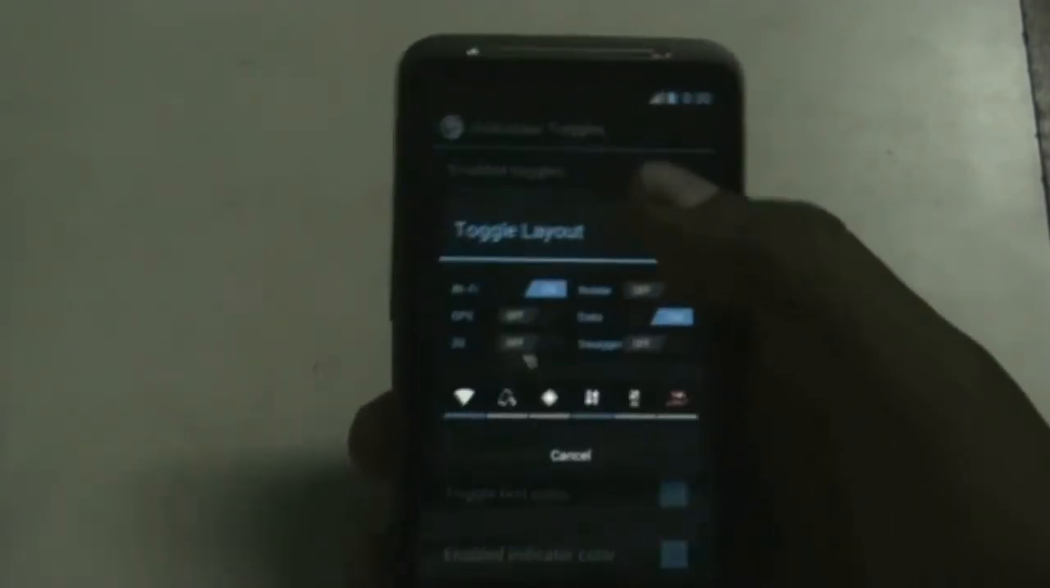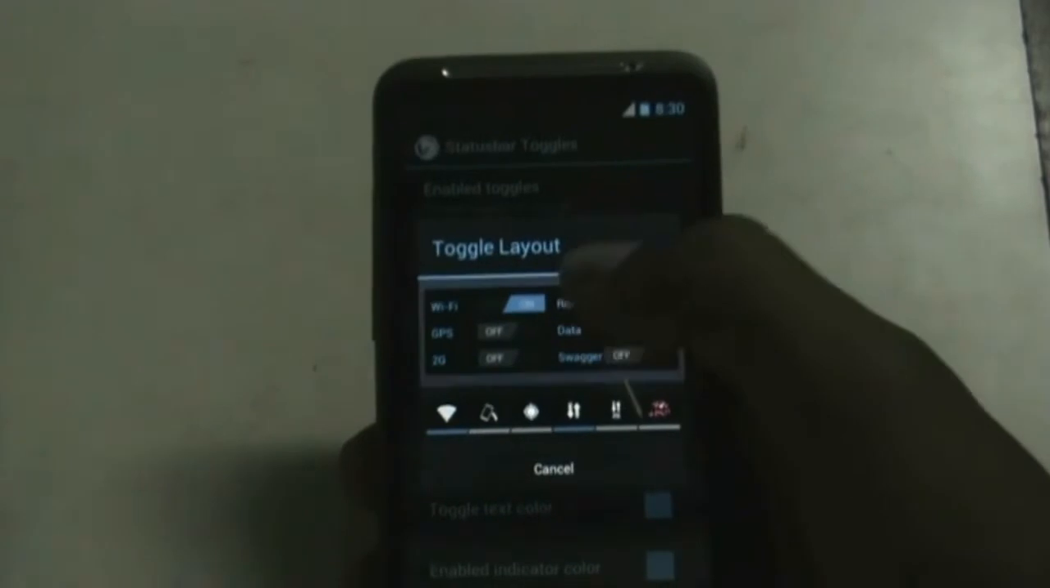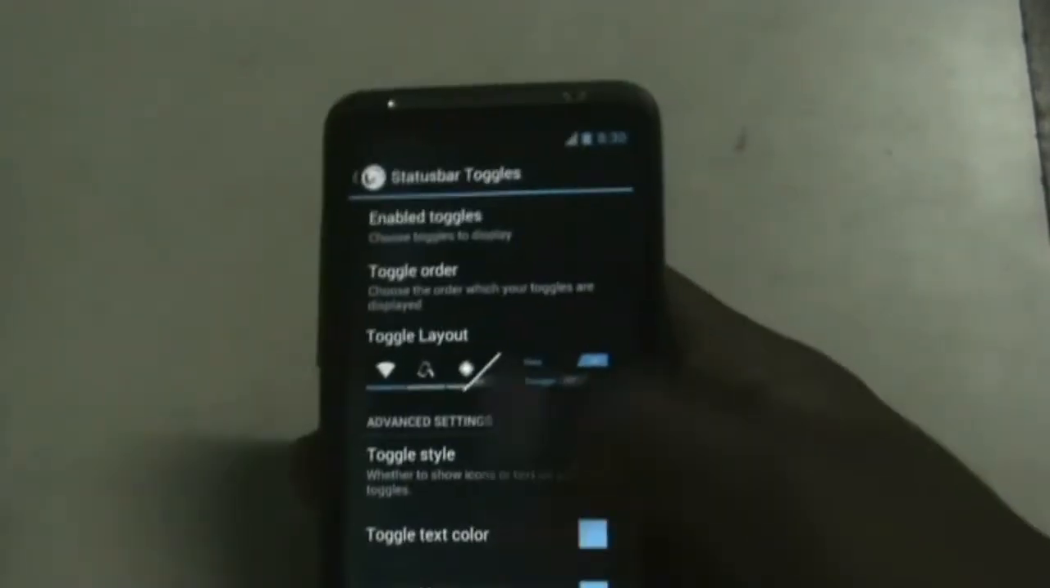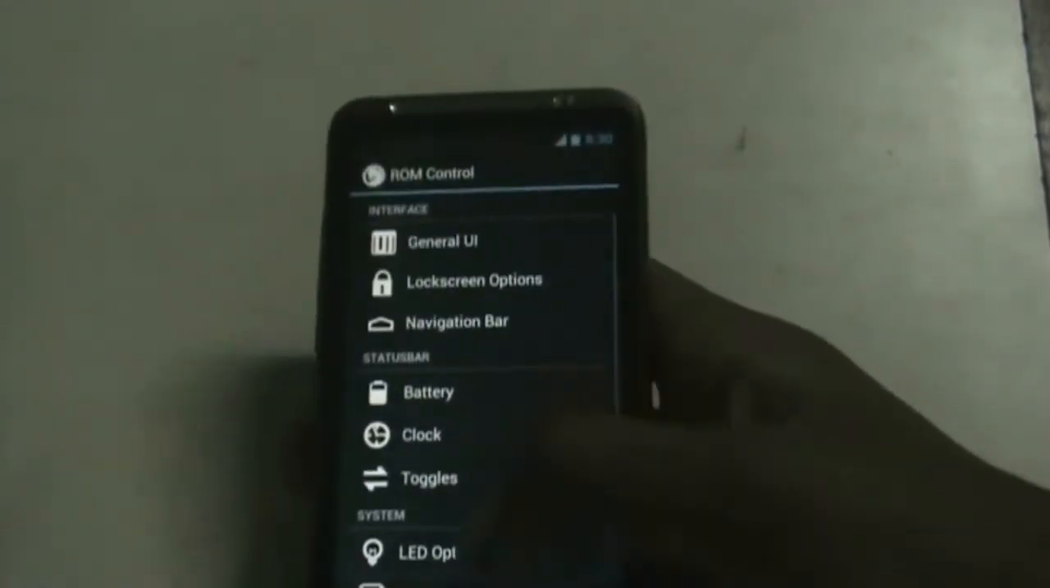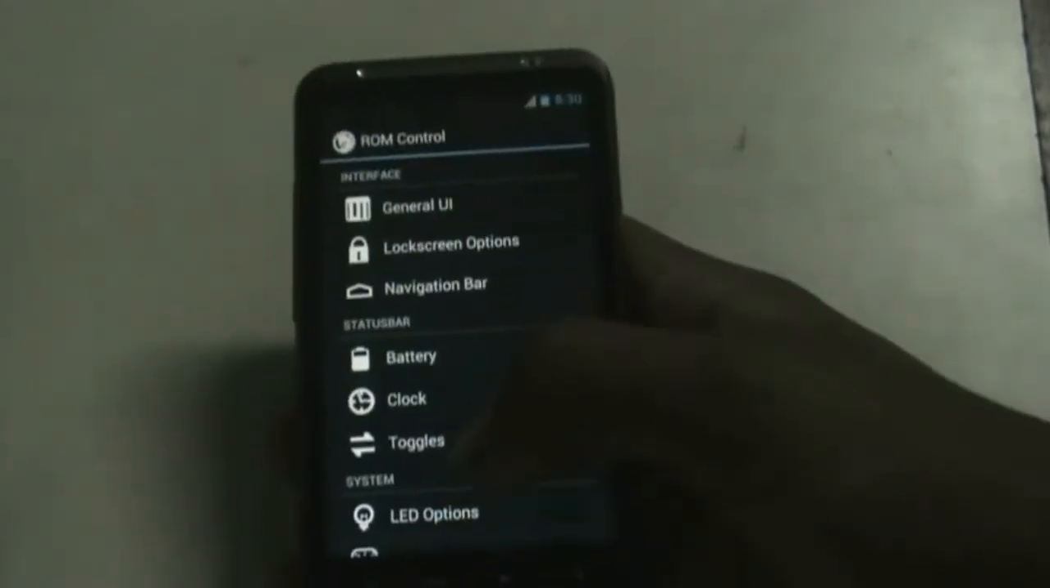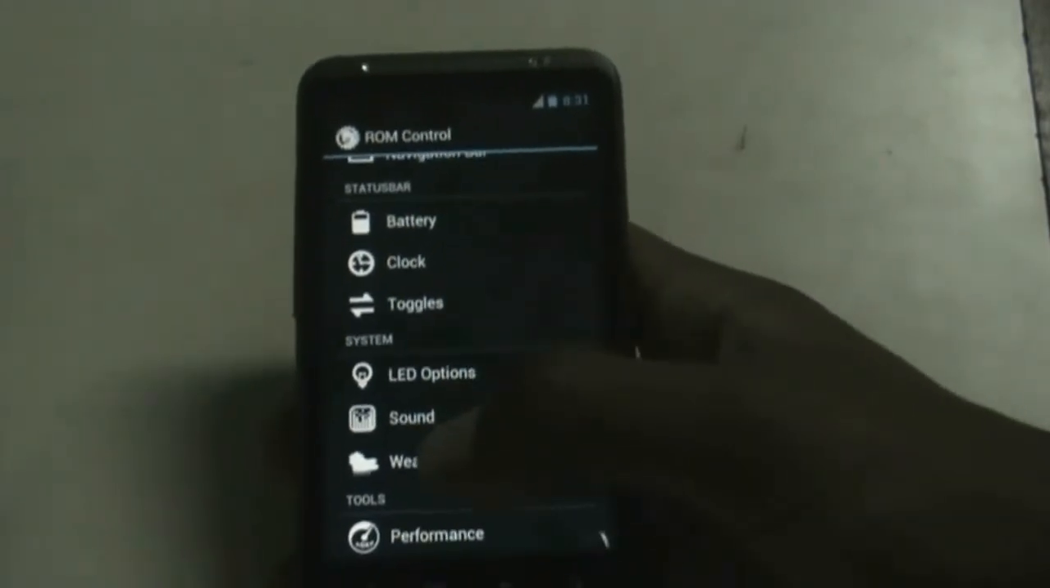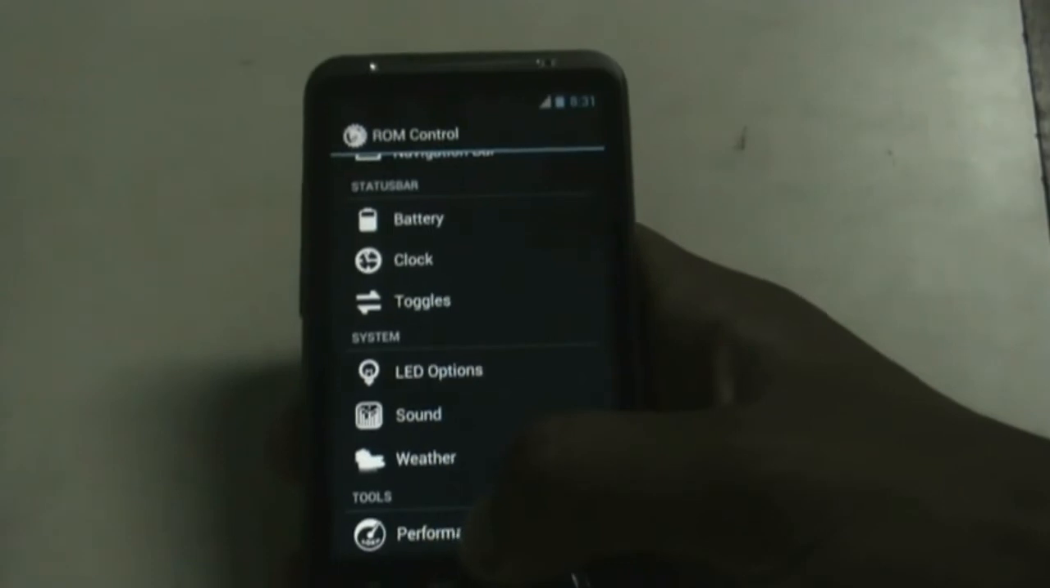And you get a toggle option from here, where you can just change the toggle layout, so you can just see that my layout has changed now. And you get different options here. Similarly, you get different options for the clock, LED options, sound, weather, and you also get this performance tool here,